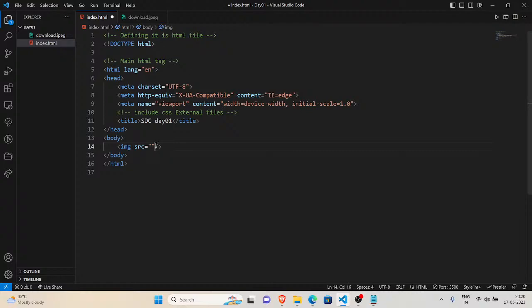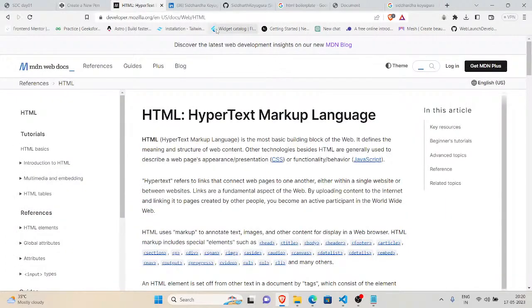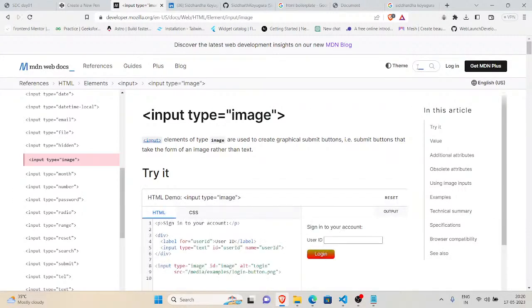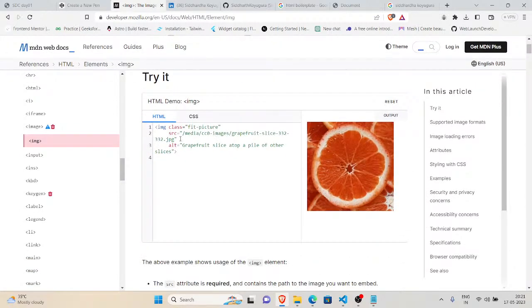I'm sorry for it. You have to check the documentation, and for the documentation you have to come to Mozilla and search for image or img tag. That's it. Here we can check the src attribute. Src is for path.